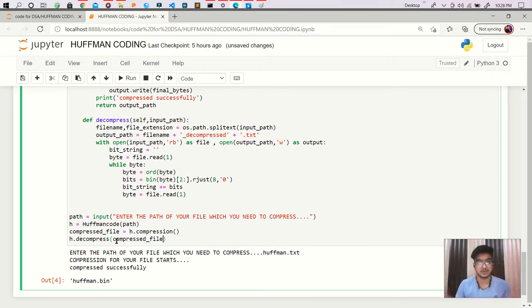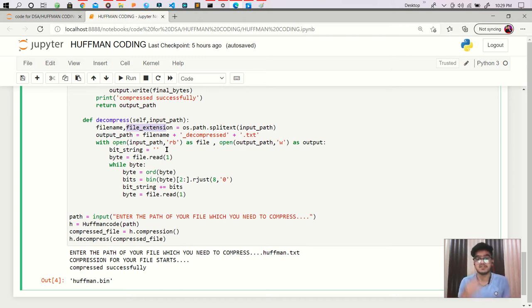Okay, that is good. Now simple as that, as we did in our previous video, I am using this way, and this is the input path, the compressed file that I'm passing. From this compressed file I get our file name and file extension. Now I have to create a decompressed file.